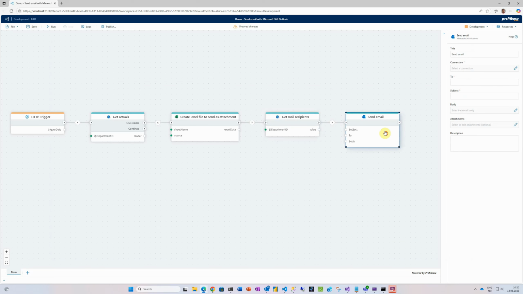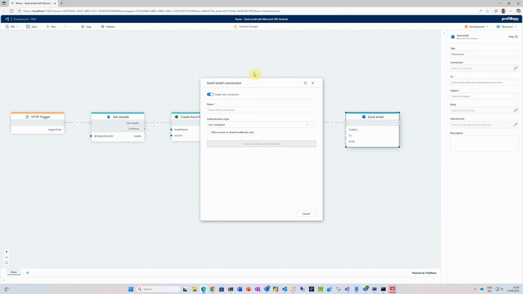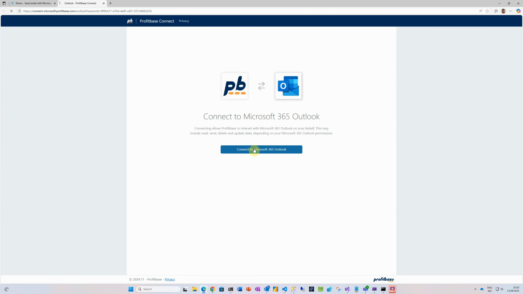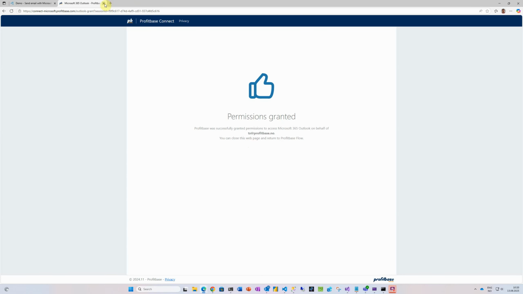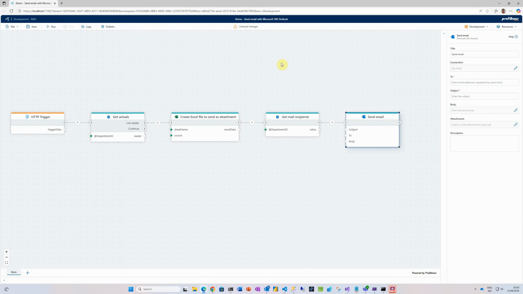To configure the send email action, the first thing we need to do is set up a connection to grant Flow permissions to send email on your behalf or on behalf of the account of your choosing. Simply create a new connection and log on using the account you want to use to send emails. When you have completed the authorization flow, the connection is set up and you can now send emails using this